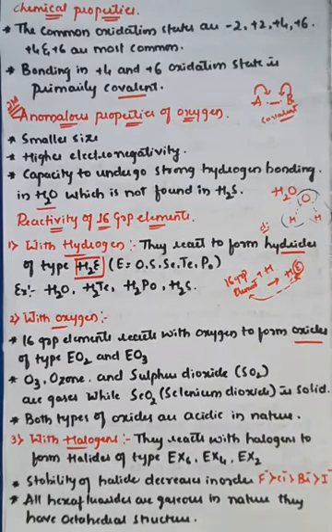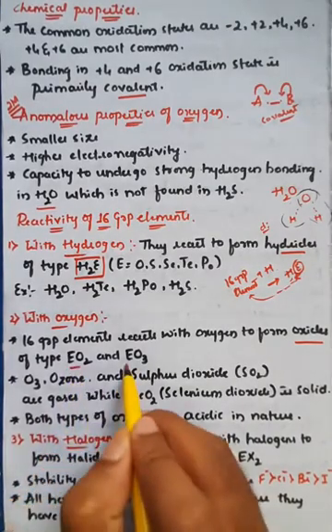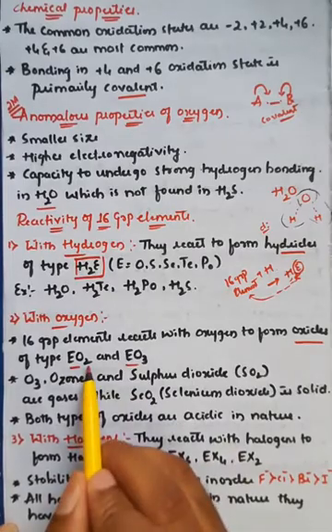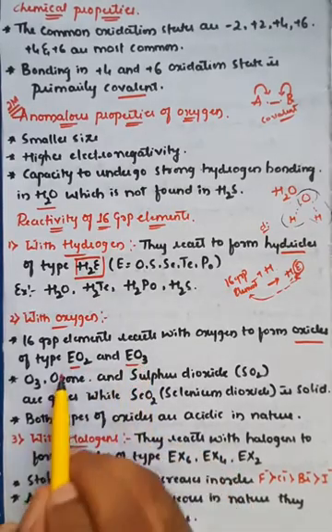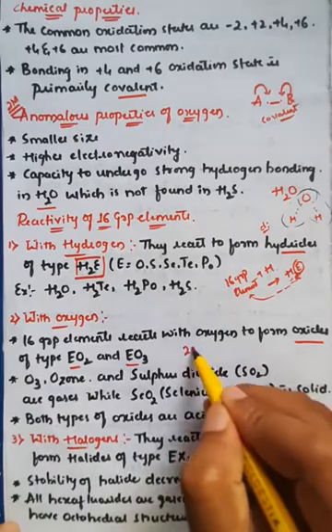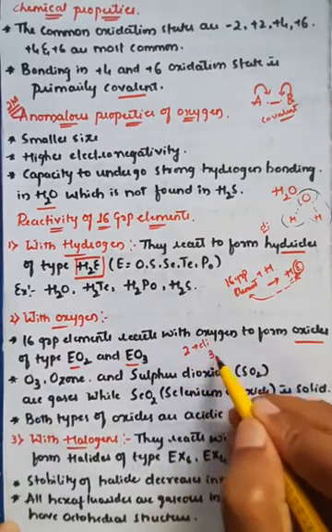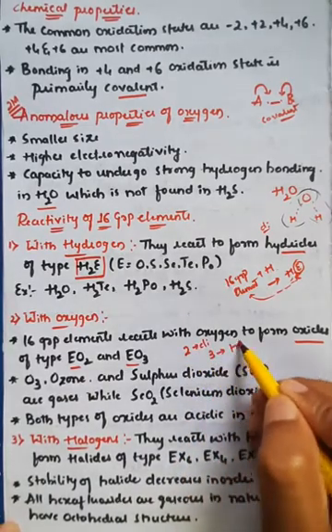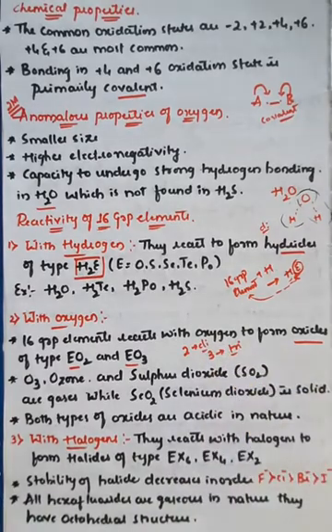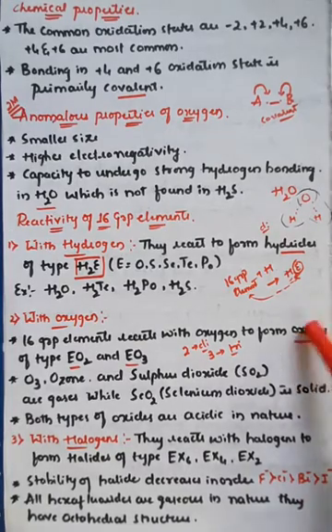Whenever they react with oxygen, they convert into oxides of 2 types, generally EO2 type and EO3 type, which means one is dioxide and another is trioxide. Remember, whenever it is bonded to 2 oxygen, we'll call it a dioxide. Whenever it is bonded to 3 oxygen, we'll call it a trioxide. So whenever the 16th group elements react with oxygen, they convert into oxide form. But there are 2 different types of oxide forms.